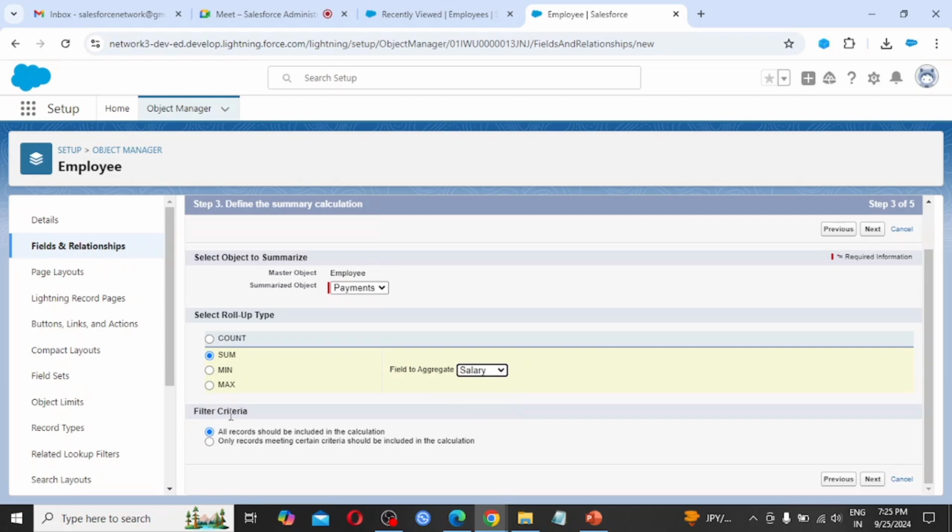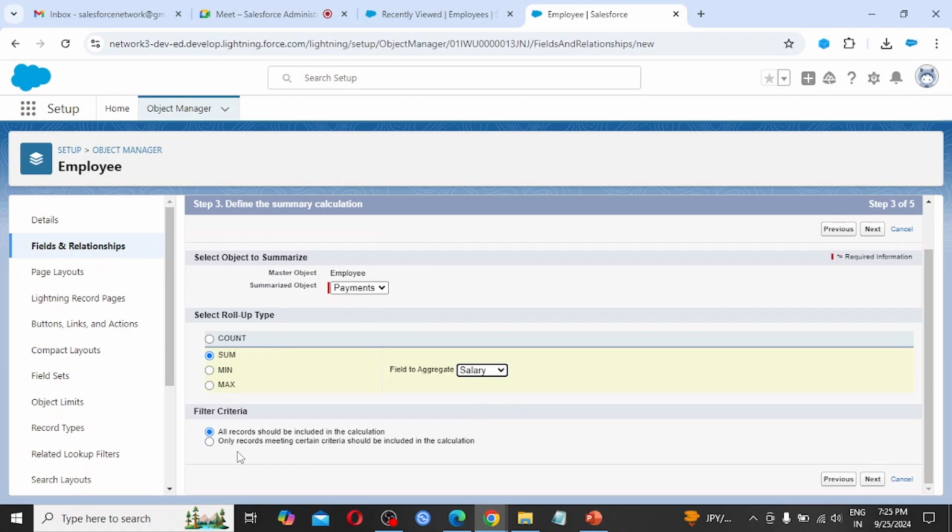Then filter criteria. All records should be included in the calculation. It is saying that when you are referring to the payment object and salary, it is going to refer to all the records in that particular object.